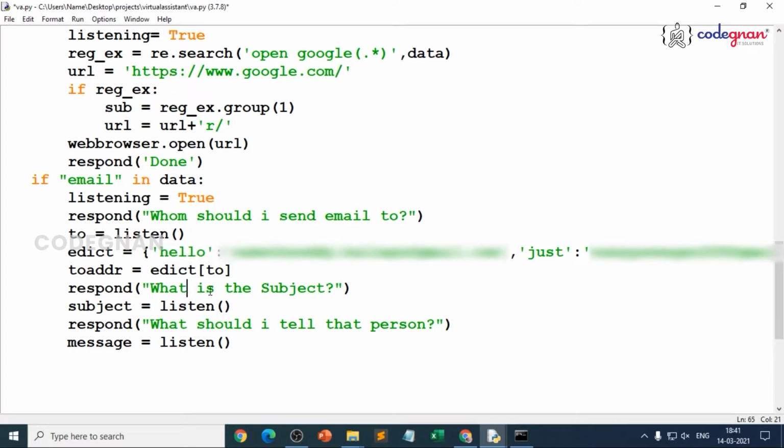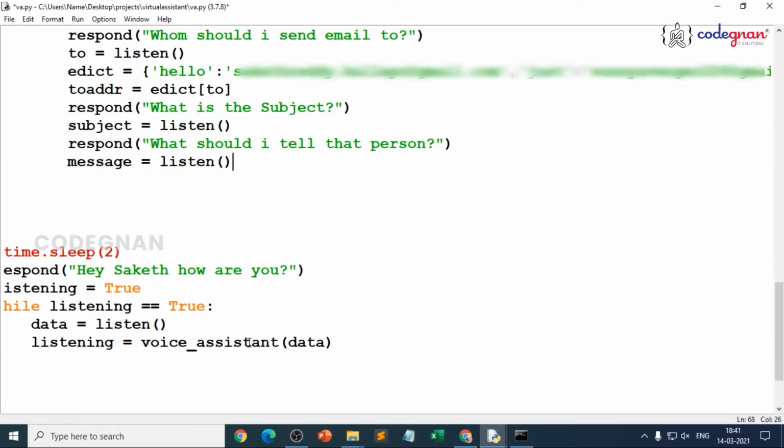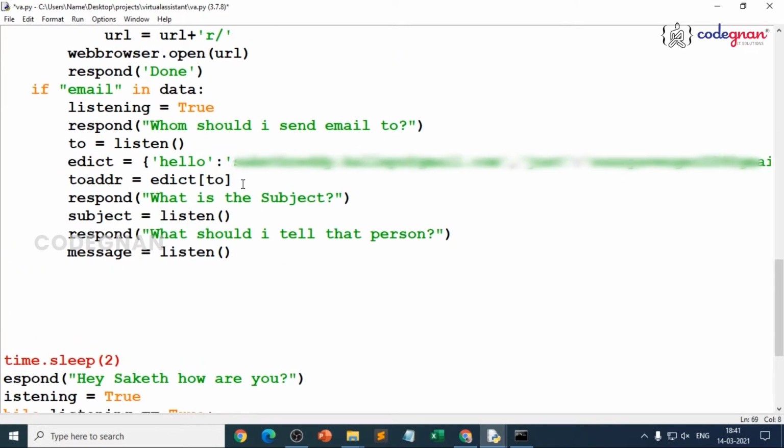We are making the subject, again listening. And here now what we'll do is we'll make the subject and the message clearly follow into the content. So content is equal to, so this is the subject. Subject we'll make into subject of, you just write the string. So how do you fetch this? You know the print format, right? We use the dot format function here. So I'll give \n so that you can clearly see line by line.